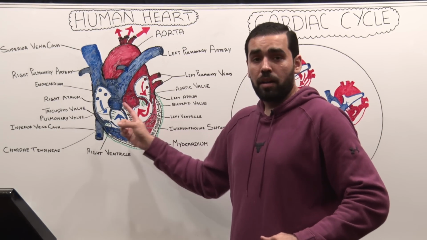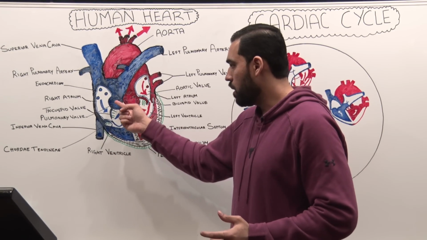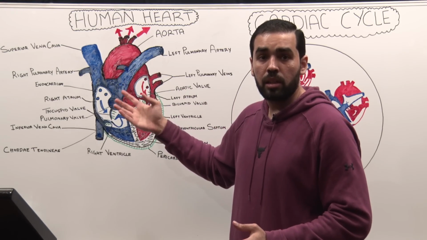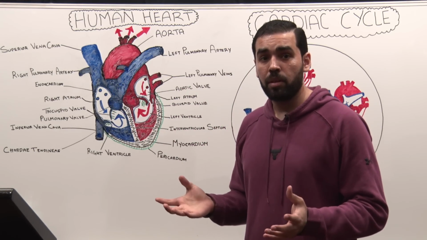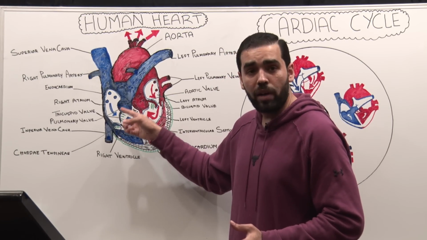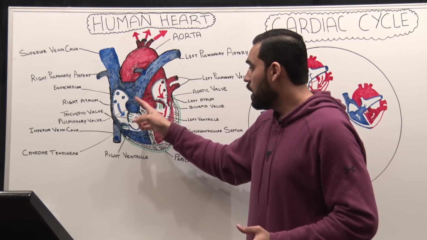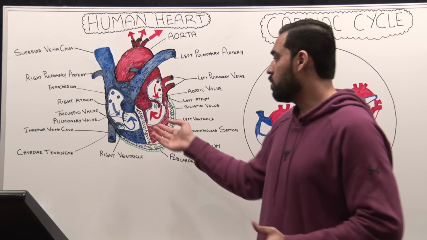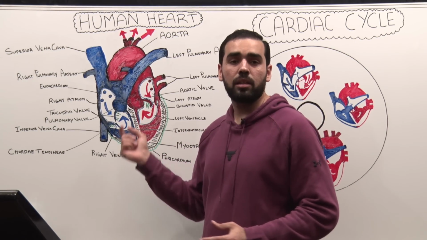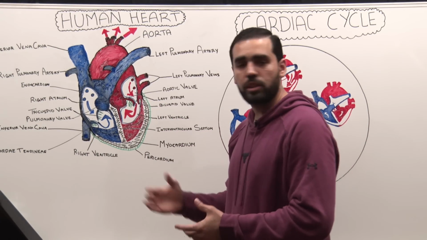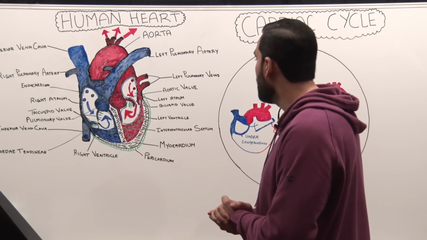The semilunar valves, which are the pulmonary valve and the aortic valve, because this is the pulmonary artery and this is the aorta, also have three cusps, both of them. So all three valves, the atrioventricular valve on the right heart and the two semilunar valves, all have three cusps. But we still call this specific valve the tricuspid valve, and we don't refer to the others as tricuspid valves. It's just a little information that I thought you might like to know.